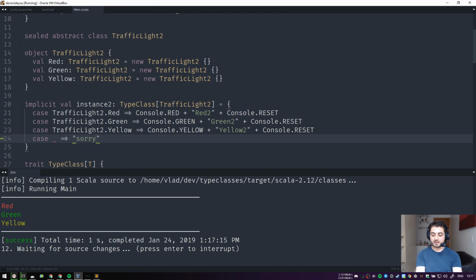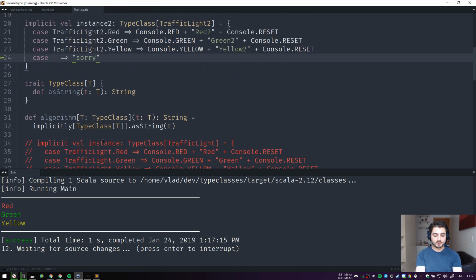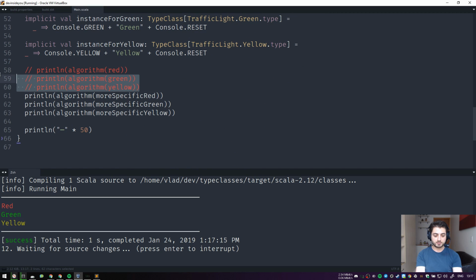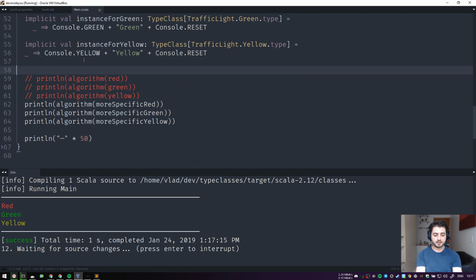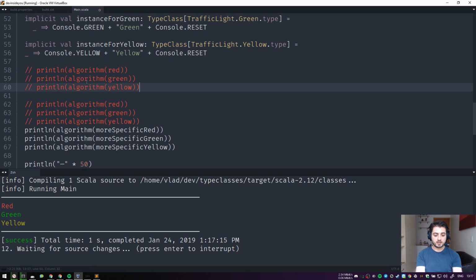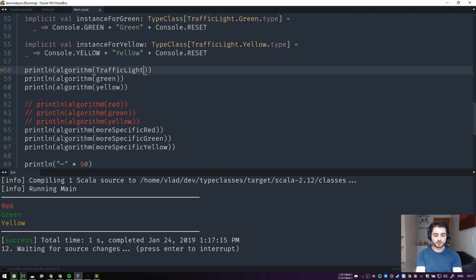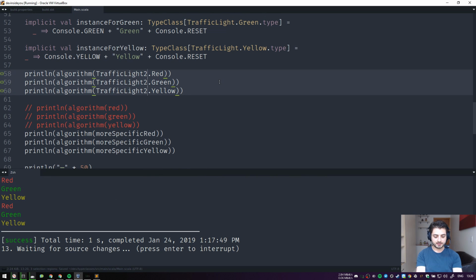Okay, so what we can do now is we can go down and take this code, for example, the original one, right? And we can call it over here. We can go straight to TrafficLight.red, TrafficLight.green, and yellow. Now let's not forget the 2 over here, like this. Okay, so as you can see, it works now, and this exact same thing did not work before,